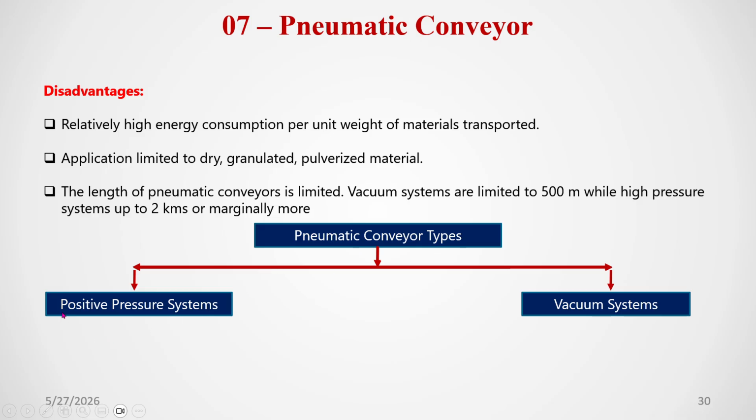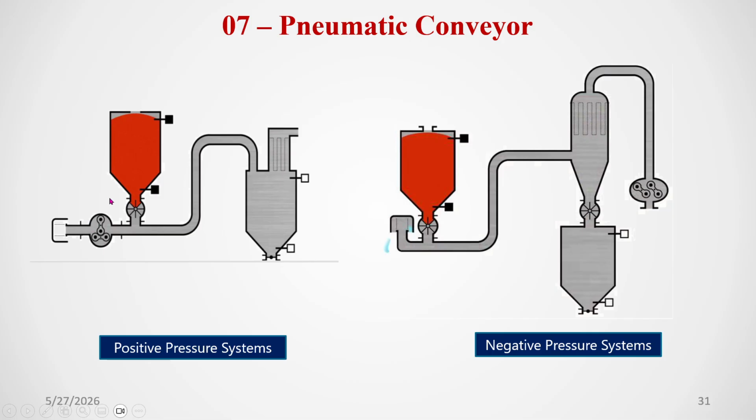And pneumatic is a positive pressure system or a vacuum system. Two types: one is the positive system, another is the vacuum system. Then you see this is the positive system, where the dust material is conveyed through the blowers. This is the blower, a low pressure blower. From here the air is blowing. You see the rotary feeder, from here the material will fall, and through this air it will go to the